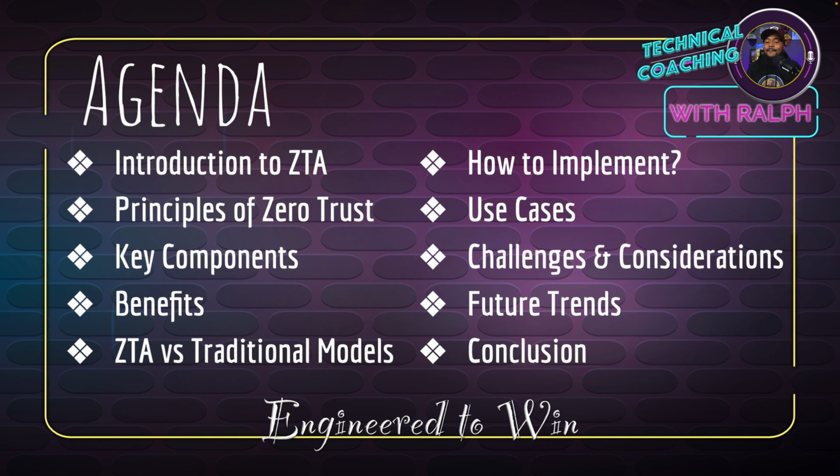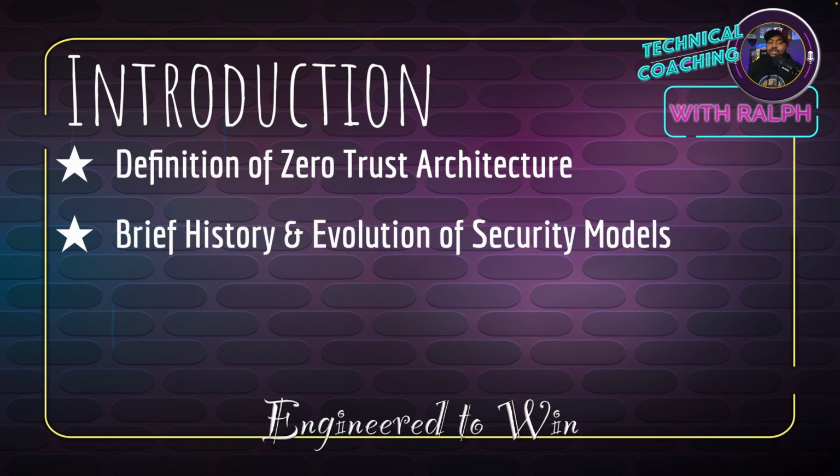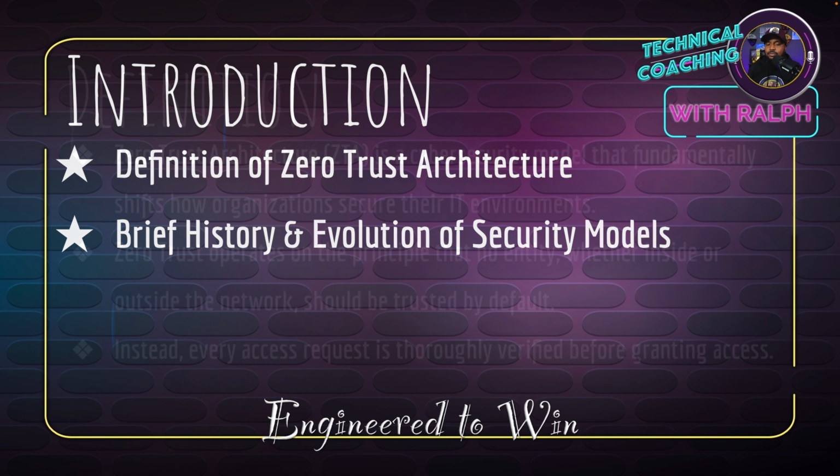and then we're going to wrap it up with our conclusion and my example to help break it down to an easier to understand level, because a lot of this stuff is new to us. So we are trying to figure it out. We're trying to learn together. All right, so let's jump into it. So introduction, we're going to define zero trust architecture, and then we're going to have a brief history and the evolution of security models, how they have progressed throughout their life cycle.